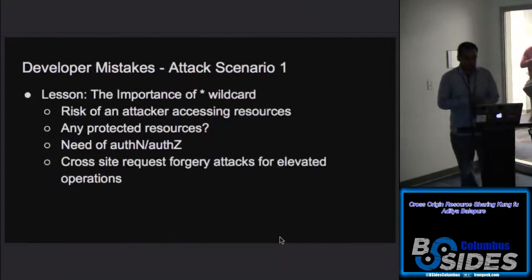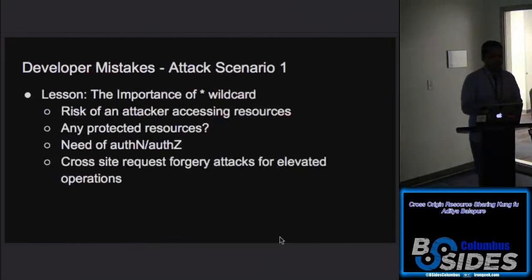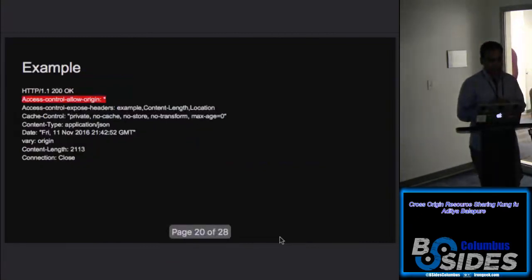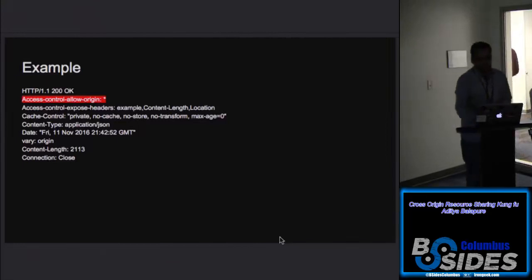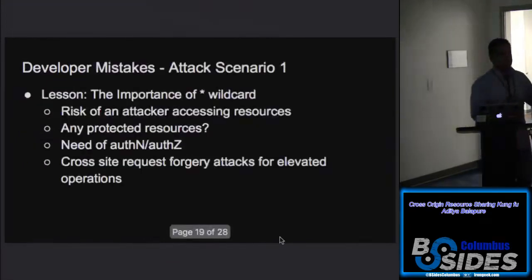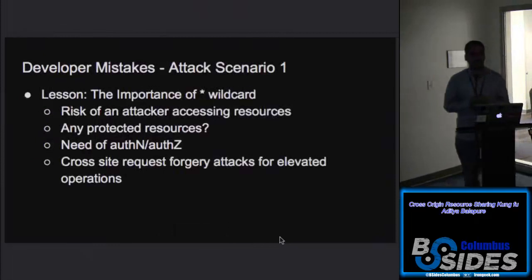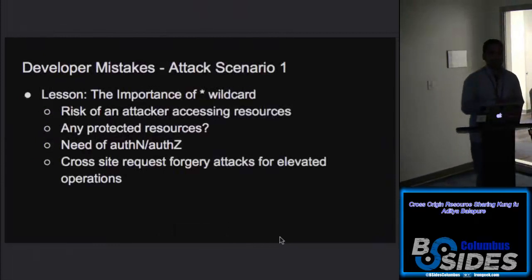So as we covered, there are developer mistakes which can really happen across these cross-origin servers. And again, as we covered in the example here, when the cross-origin server responds back with an Access-Control-Allow-Origin set to star, what does that basically mean? It means, as I also talked about previously, that it's allowing any and every server to make a cross-origin request